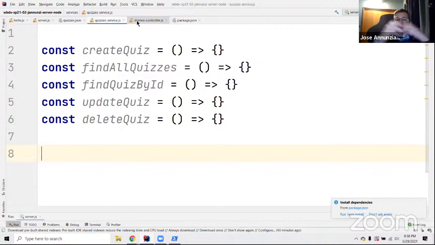Remember the controller only knows how to deal with HTTP, with paths and queries and JSON bodies and whatnot, but its responsibility is not to deal with data. Instead, it delegates all the responsibility to the service, this service. So it needs to be able to import all these methods, right, and be able to use it from the